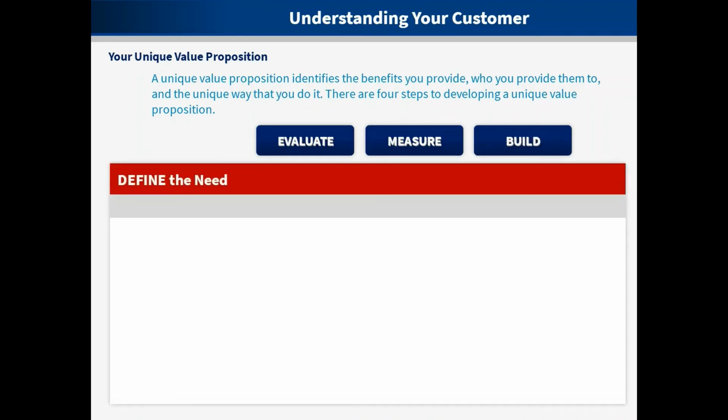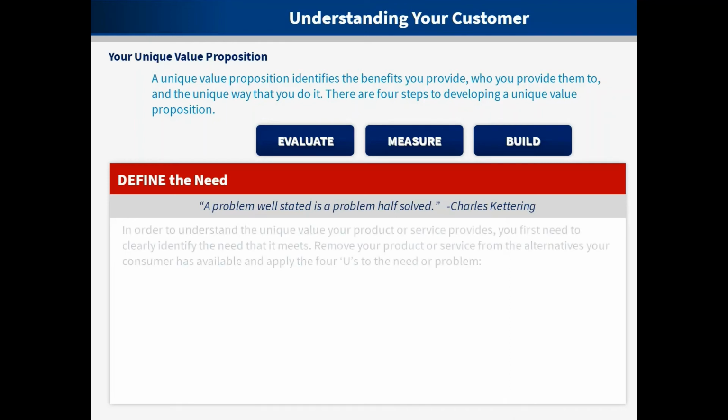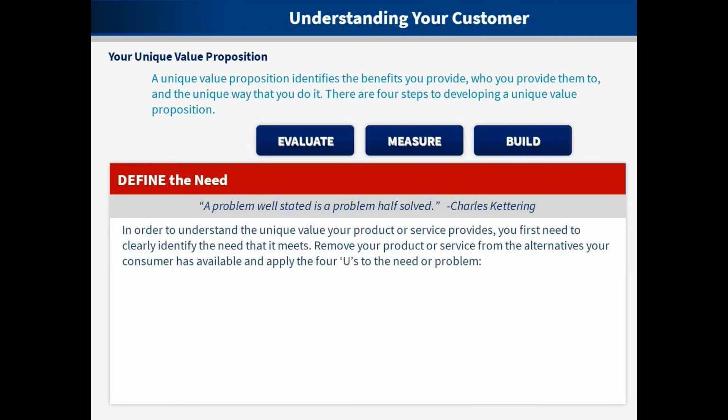Define the need. Charles Kettering, an American inventor, engineer, and businessman, once said, "A problem well stated is a problem half solved." In order to understand the unique value your product or service provides, you first need to clearly identify the need that it meets. Remove your product or service from the alternatives your consumer has available and apply the 4 U's to the need